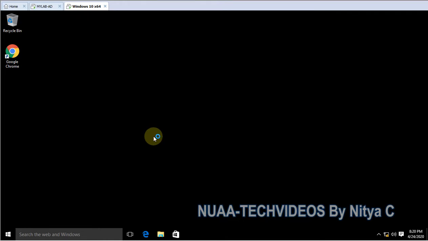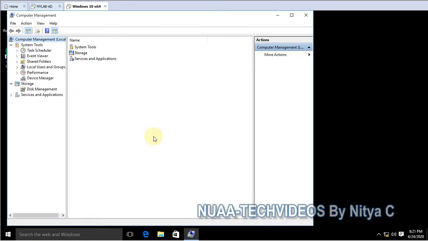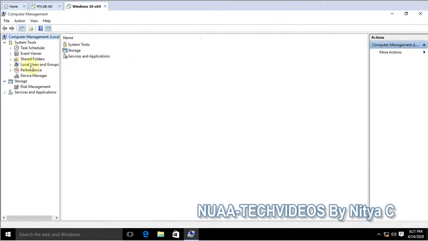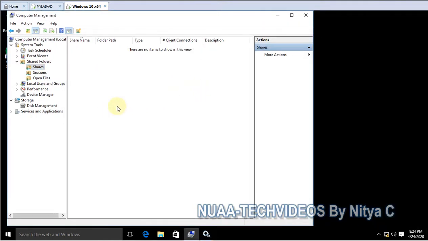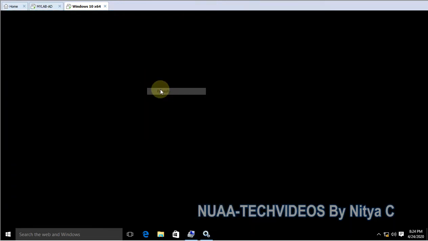Disabling the administrative shares reduces the chances of ransomware and other viruses. To apply the setting, I have to take another reboot, and here all shares are gone. So this is how we can disable the shares, and thanks for watching.